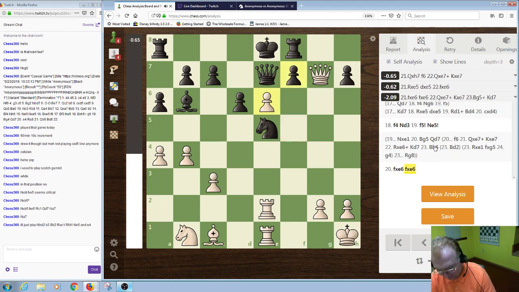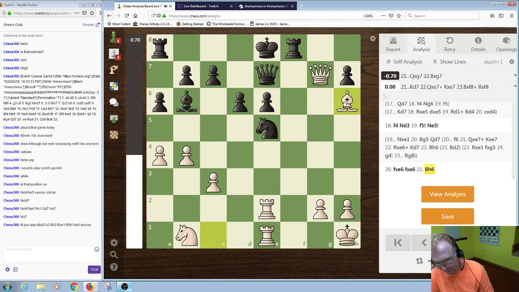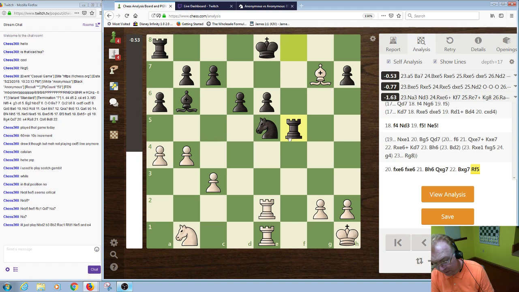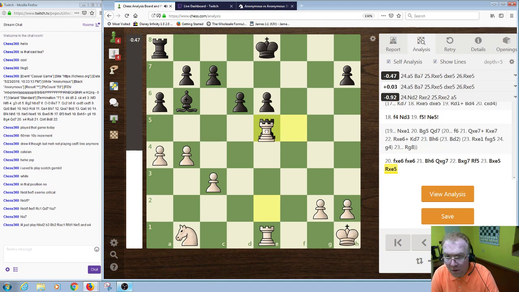But takes, and then pawn takes, bishop to bishop h6, queen takes queen, bishop takes queen, rook to f5. Despite the removal of the queens, play continues to be highly critical. So bishop takes knight, rook takes bishop, rook takes rook, pawn takes rook,